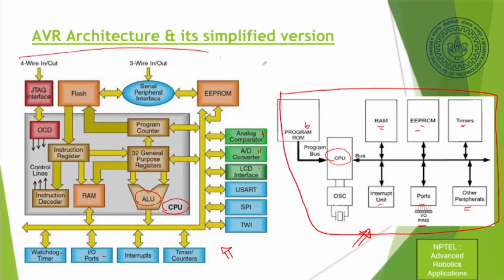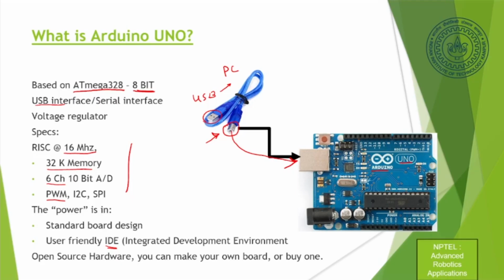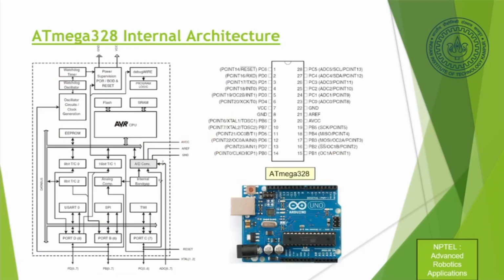This chip is the same as this one. That is what the chip looks like inside. We are not getting into too much detail. That is not our point. Again, the ATmega328 internal architecture has the pins here. You can see these are pins. Which of those pins are doing what is written here? For example, this is a ground pin. Let's not worry too much about that. We are simply going to use it as a user, not as a designer of microcontrollers.